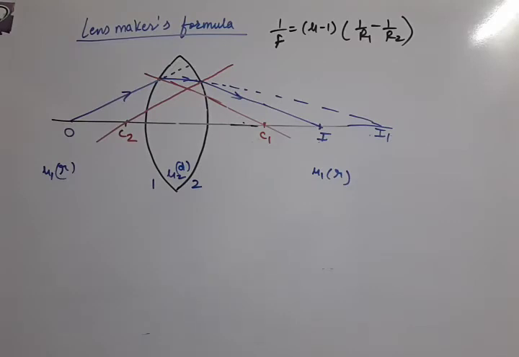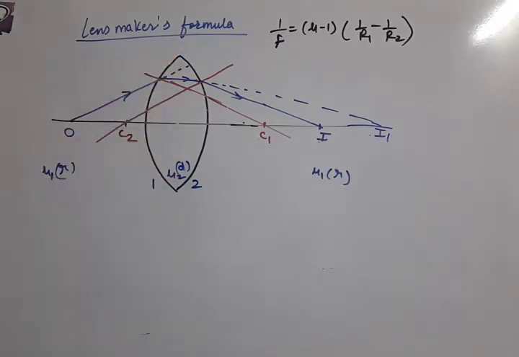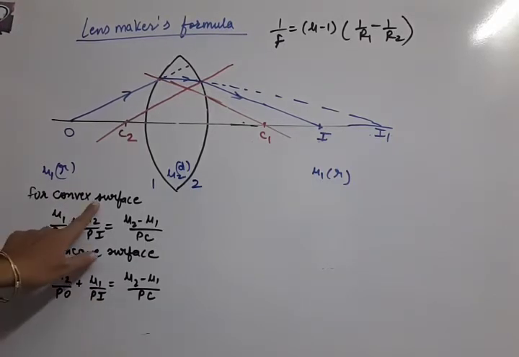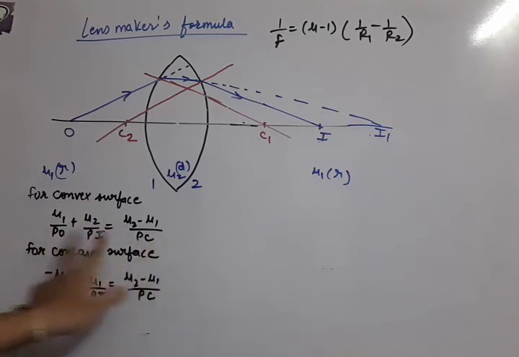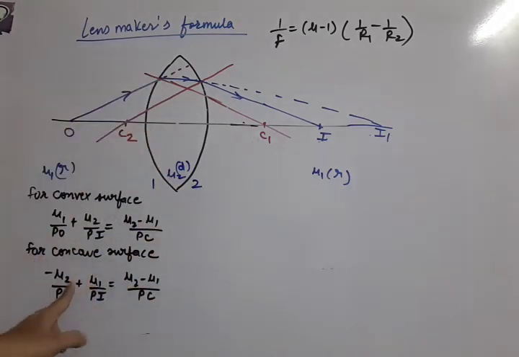Okay. Now we need to derive this relation. We will first take the help of the final conclusions of the convex and concave surface. These are the original conclusions: for a convex surface with the object in the rarer medium, we obtain this relation, and for a concave surface, if the object is in the denser medium, then we obtain this relation. We have to learn these relations. Now we have to make some changes.